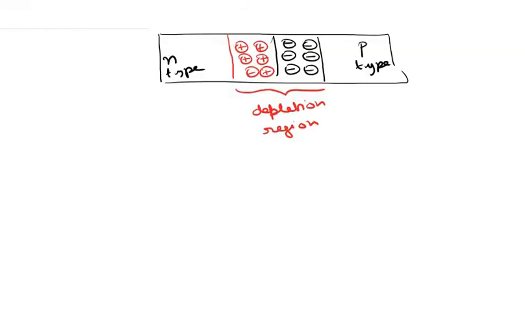Okay, now note that this depletion region is basically void of any mobile carriers. Why? Because in the depletion region, the charge has already flowed, or the electrons in the conduction band have already flowed from this n-type to the p-type. Okay, so if the electrons have already flowed from the n-type to the p-type, how can there be any electrons